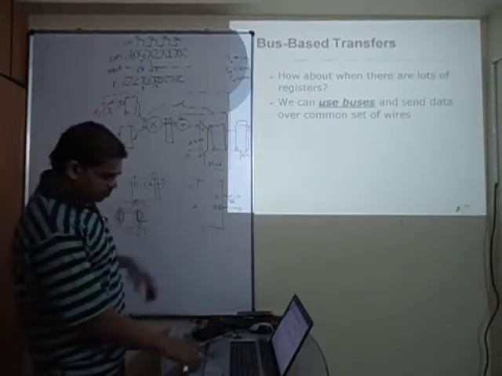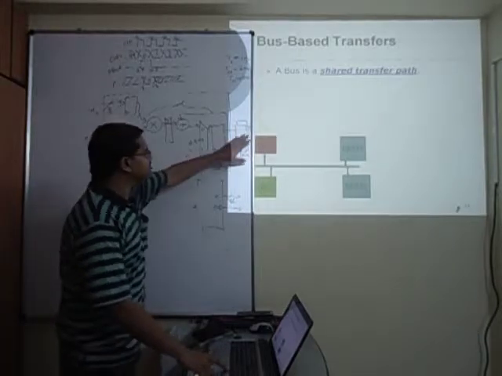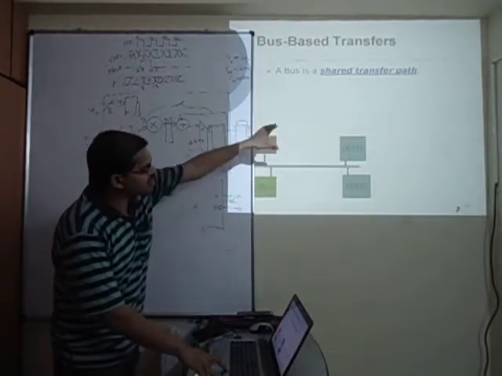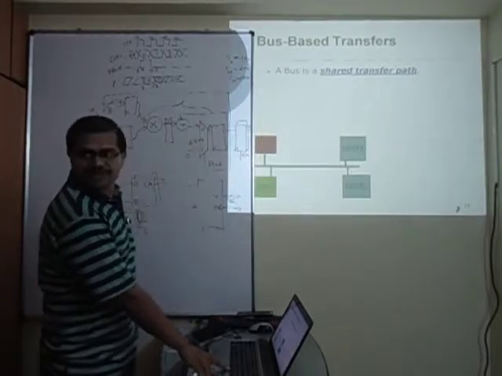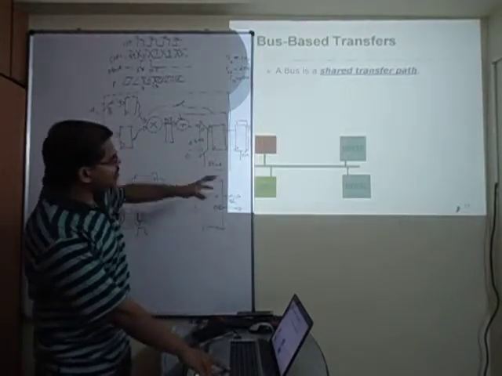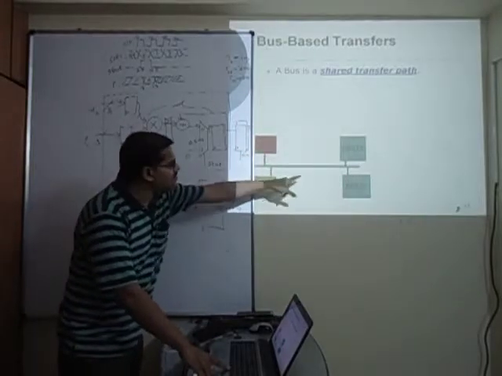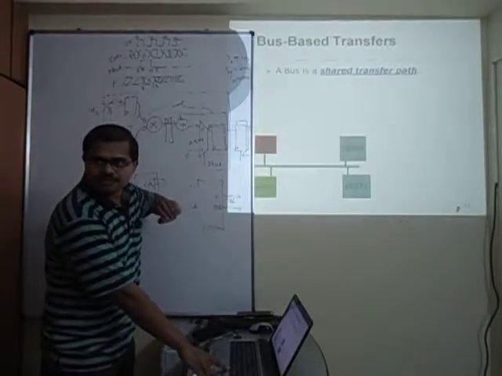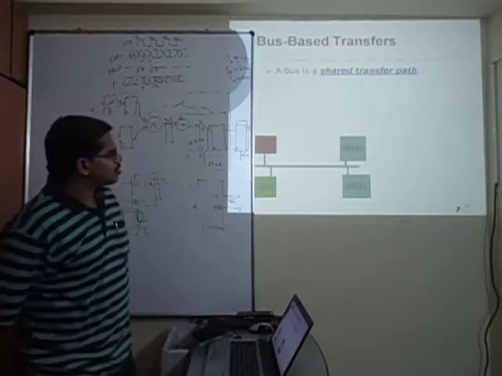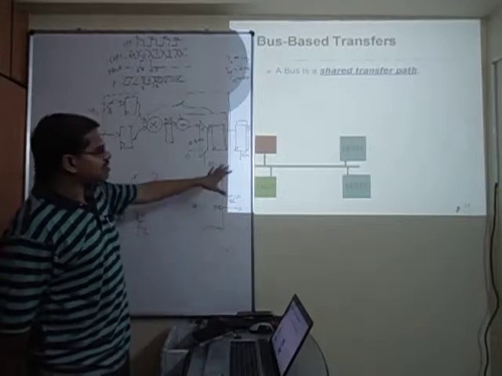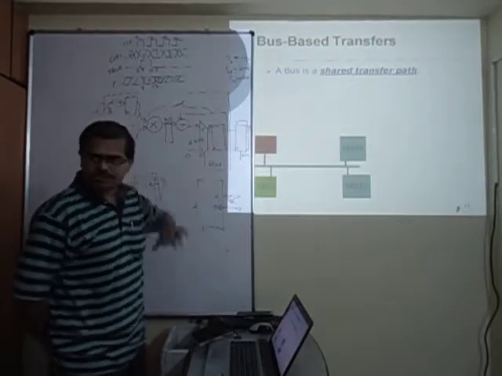Now, let's look into the context. You want to do something like this. There is a source 1, a source 2, a destination 1, and a destination 2. And the bus is a shared logic between them. Depending upon the controller signals, this one may insert the data and that one may observe the data. So this bus is only a passive one, which doesn't have any control signals in it. The bus is simply wires which are routed among these.